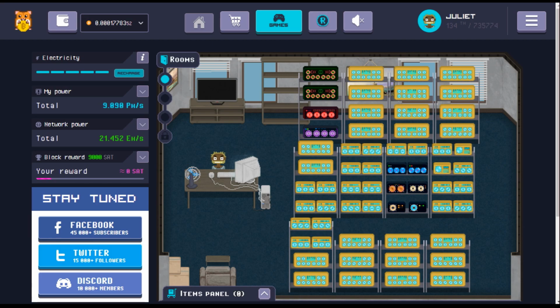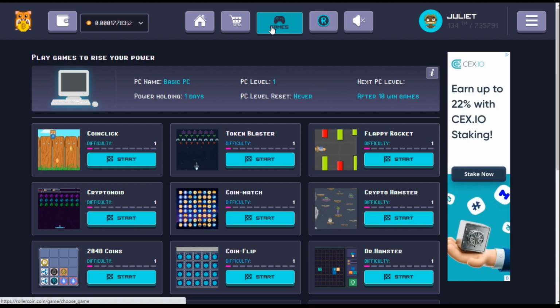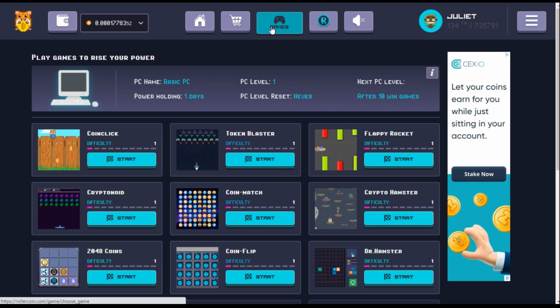So if you play a load of games and then you don't play for 24 hours, that power has gone. So that means you have to keep playing those games. But at the end of the day, the point behind this is to essentially encourage us as members to purchase miners. That is the simple truth, and that is the idea behind it. But anyway, to help you guys out and to give you a better idea of where your account stands when it comes to your free power,